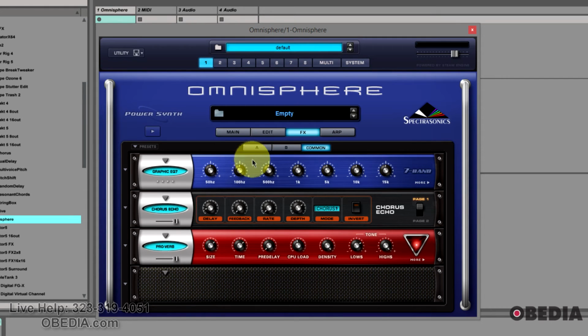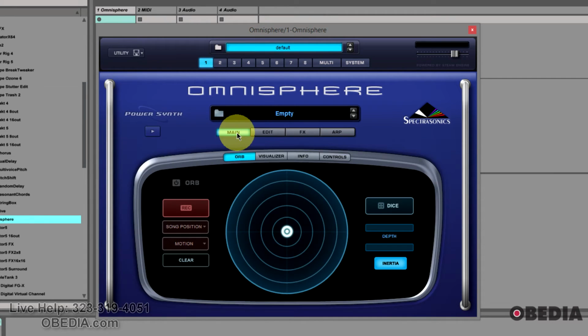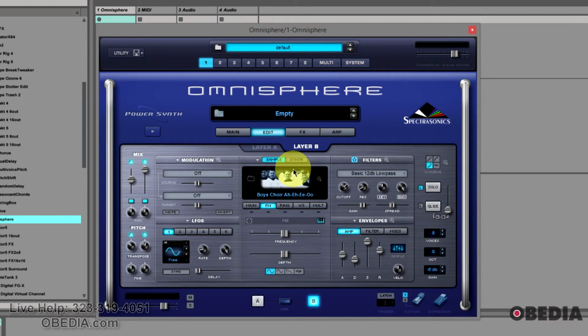And I didn't even have to make any changes there to the effects that I loaded up. I just used a preset. I kind of like what I have there. And again, I can have a little bit more fun with this by using the orb section of Spectrasonics Omnisphere. Again, I think maybe I'm making some of the soundtrack for Silent Hill here, but it's very fun,